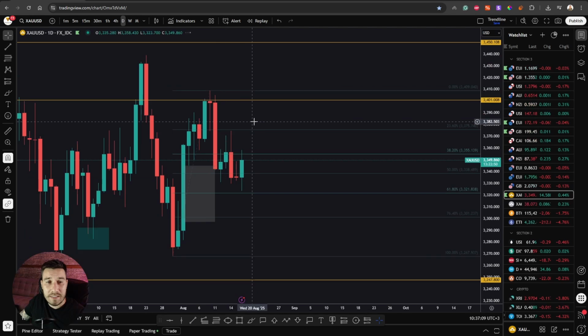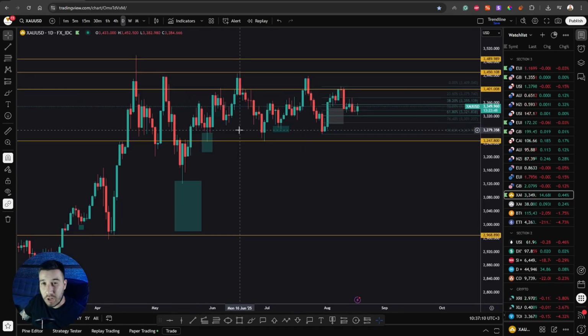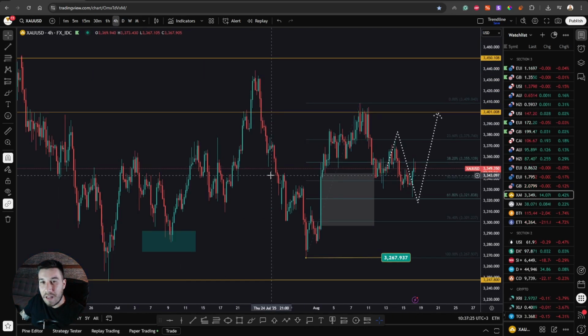Price has been trading sideways for quite some time. And what did I say just now? I did say that whenever we have a ranging market, this is an even better environment for the expert advisor to generate profit. And we've had this consolidation here for some time, and I'm expecting that soon we should see